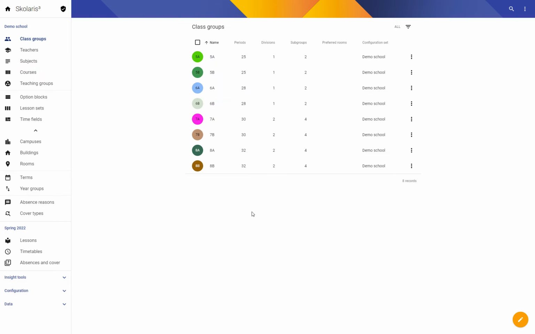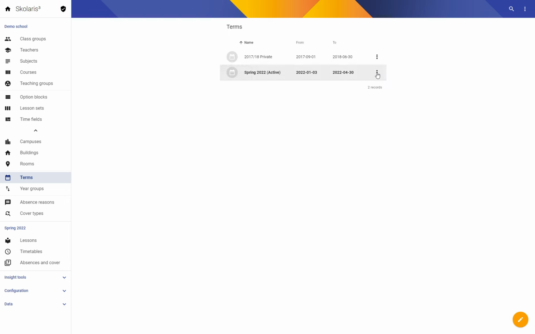First of all, it has to be said that deactivation only makes sense when you use Skolaris for multiple terms. So if this is your first time using Skolaris, deactivation doesn't really make any sense for you. But once you reach the next term and you, for example, clone the current term, which we're going to do right now,